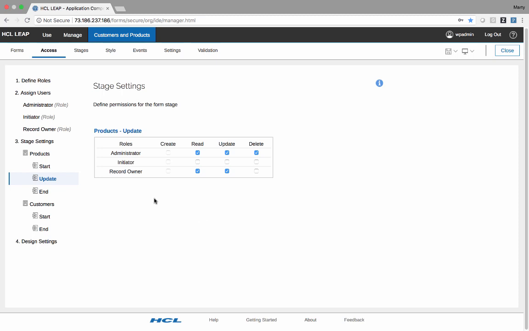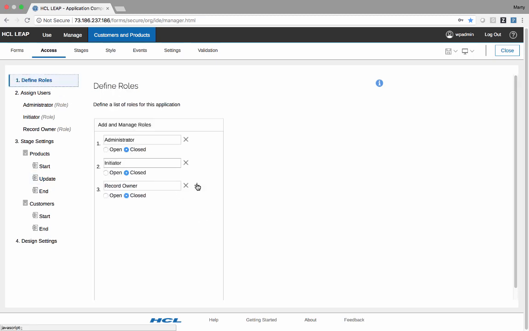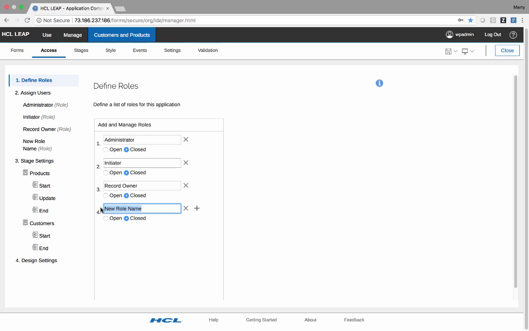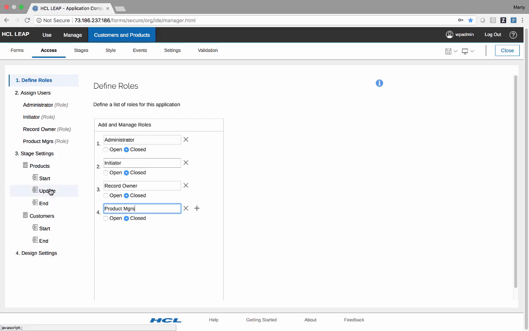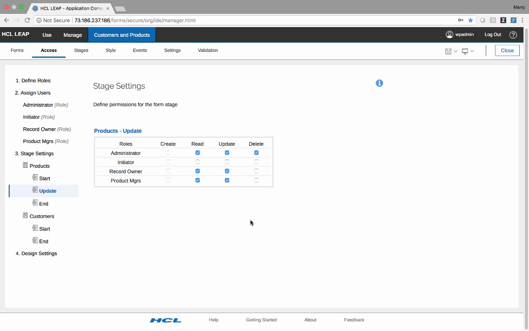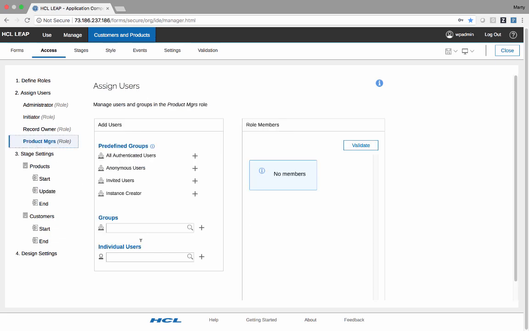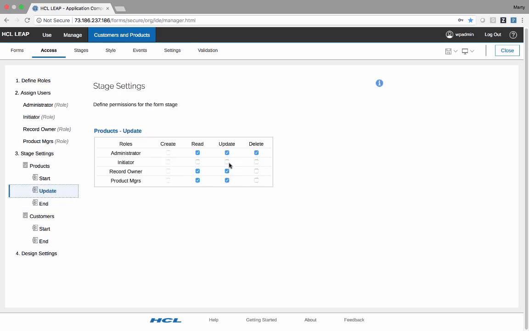Or better yet, what we could do is define a role. Maybe what we want to do is single out the product managers and give them access to this for update purposes. You can explicitly define members to the product manager role, or you could look them up and dynamically assign people to the product manager role. But we now have that role and that privilege setting for the update stage under the product form. So we'll save this,